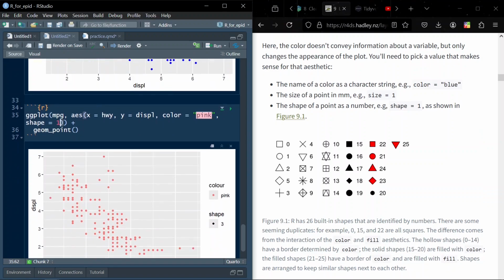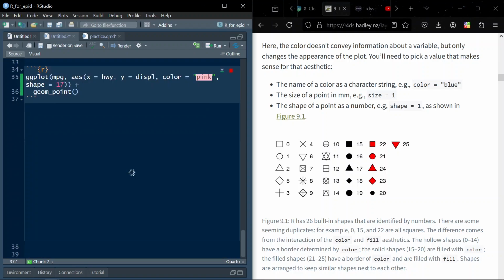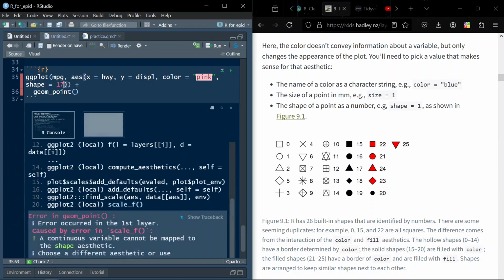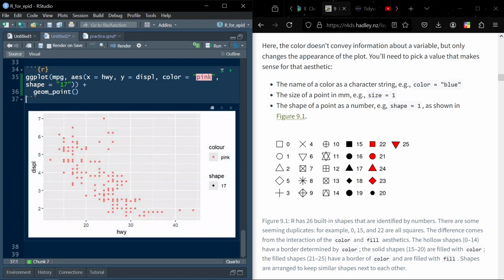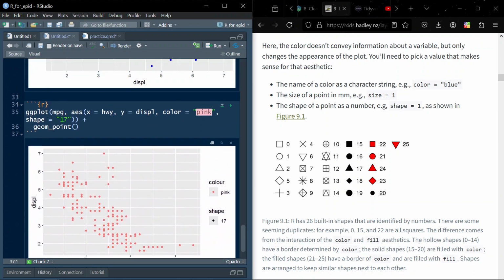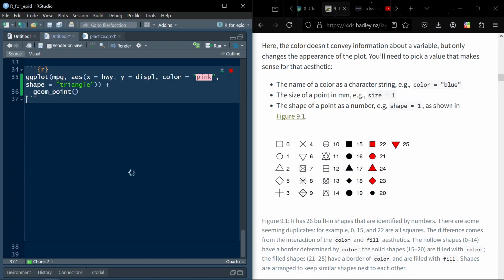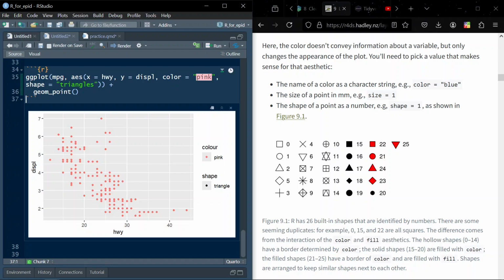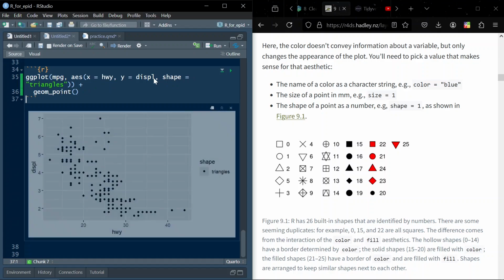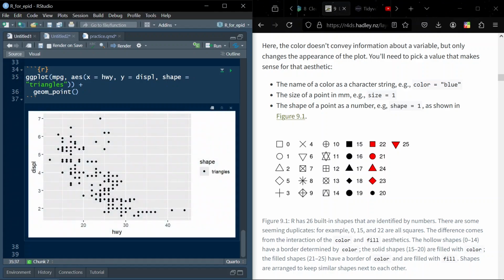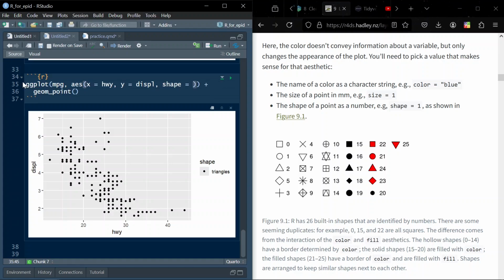So it's supposed to be giving us, I don't know, let me try 17. Maybe that's why. Let me try 17 maybe. Oh, this is serious. Triangle. Triangles. Or let's just give the shape alone. Let's see what is happening. The shape is supposed to be a number, but I don't know if this is a bug or